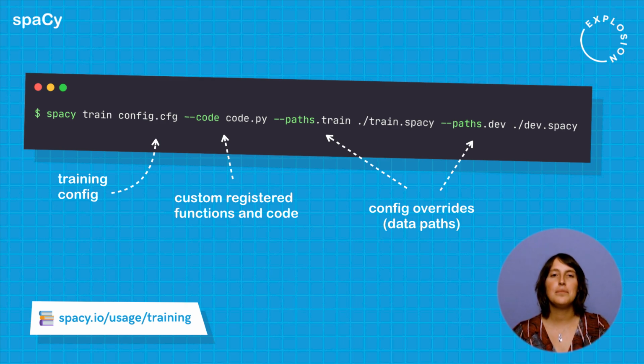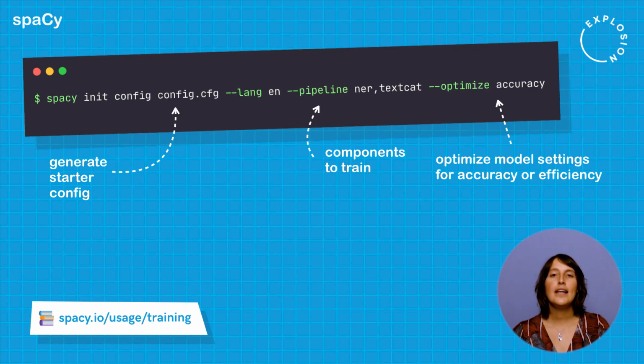The configuration system is new in spaCy 3, and it's a very powerful way to train and customize your NLP pipeline. The CLI command init config will help you hit the ground running. You just need to specify the language and components you'd like to train and optionally provide some more information about your goals, and you'll get a config file with reasonable defaults to start from. Here, we'll gradually build up a new configuration file for our relation extraction component and explain the different concepts to help you better understand how all of this works in practice.